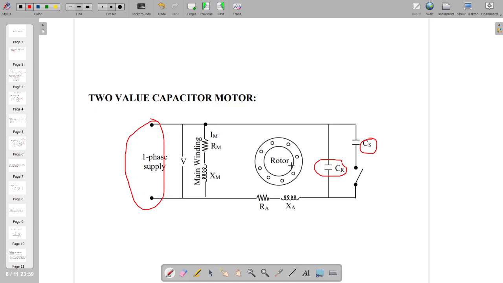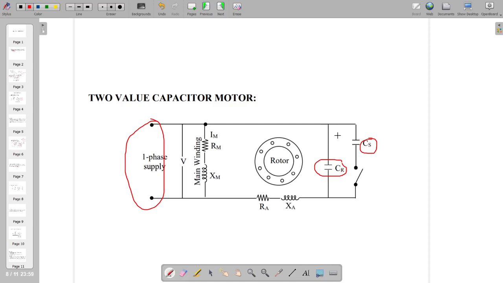This is the rotor, a cage type rotor. The purpose of the starting capacitor is only for the starting condition. During normal operating condition, the line current is smaller than the starting current. When the motor approaches the synchronous speed, the CS, this is the CS, is disconnected by the centrifugal switch. The capacitor CR is permanently connected in the circuit. It is called a run capacitor. It is long time rated for continuous running.